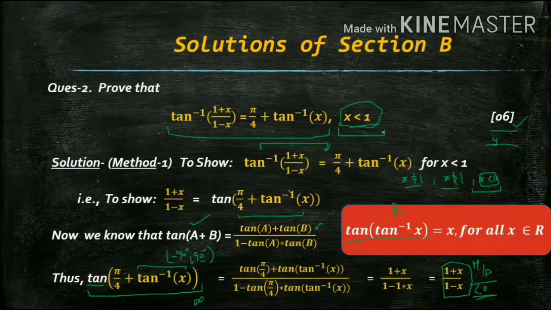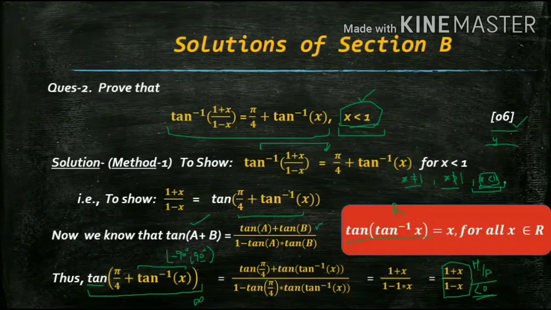Or if they have given that condition, you have to use that condition, because this condition is given for a purpose only. It is not true for any x greater than 1 or equal to 1. So you have to take x equal to 1, and you will say it becomes infinity, which can't be true. Then you will say x greater than 1, this is negative, but this is infinity at pi by 4. So that's why we can't take it, and then finally you get that x must be less than 1 only.